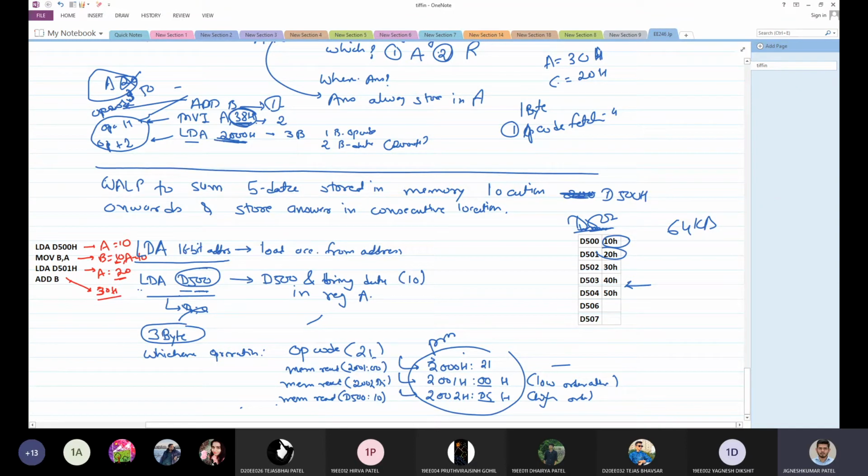Now what can I do? I can bring in my next data. This 30 is stored where? This 30 is stored inside your accumulator. Okay. Now I'm going to perform LDA B502H again. It will bring in my next data, that is 30. But where will the previous 30 go? It will vanish, and the new 30 will be stored. Though these numbers are the same, let us change this number. Let us make it 35.